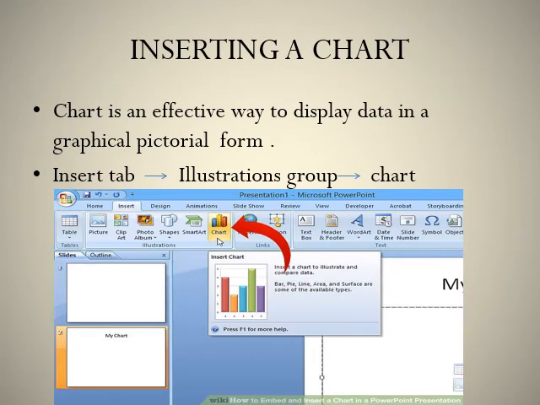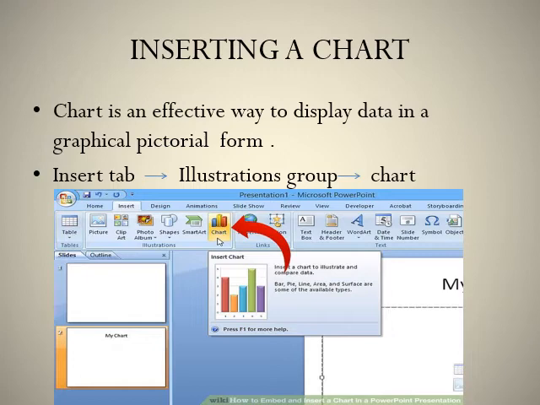Inserting chart. So what and why are these charts used? Chart is an effective way to display data in a graphical pictorial form where we have to compare between two things, where we have to show the relationships, value, trends. Where comparison comes, chart is the easiest and best way. Charts also provide an accurate analysis of the information. So if you see a chart, we can know what is happening. At many times chart is also used for our good reference.